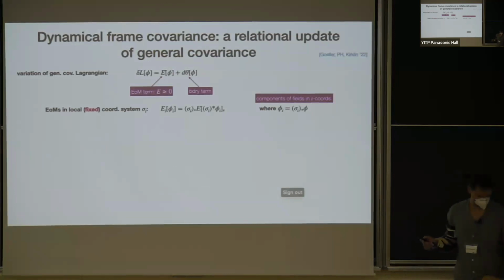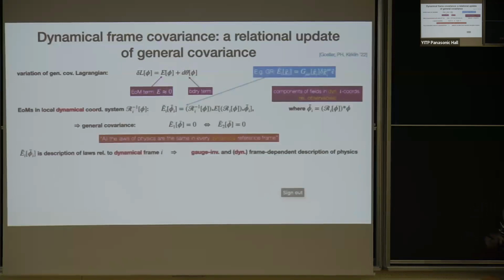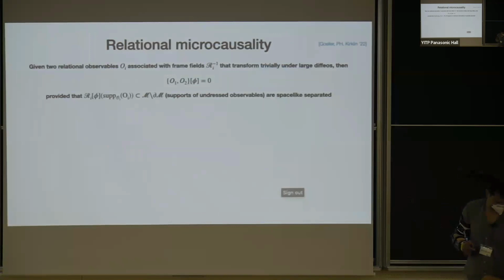So this slide was basically just using this possibility that we can have a consistent way of transforming between different dynamical frame perspectives and using it to formulate a mathematically precise statement that all the laws of physics are the same in every dynamical reference frame. So you can basically just use the usual notion of general covariance to map the equations of motion into different internal frame perspectives and relate them consistently. But I think if I describe that, it might cost me a little bit too much time. But you can ask me later if you want.